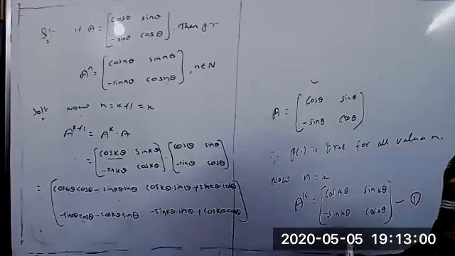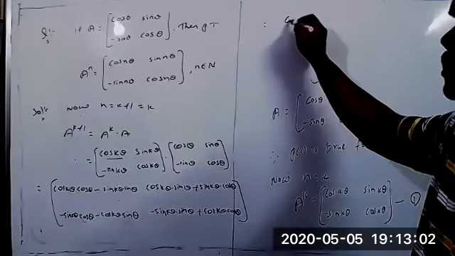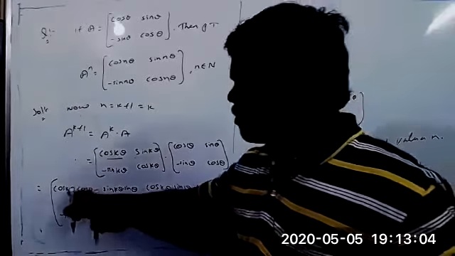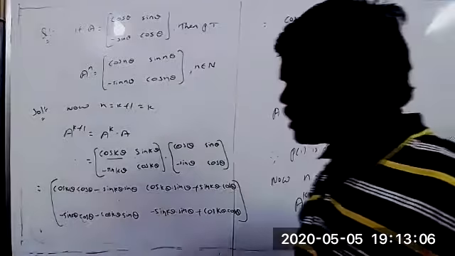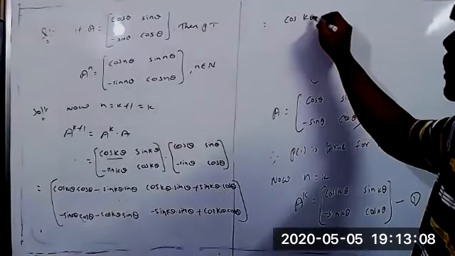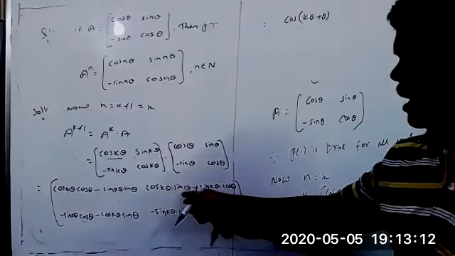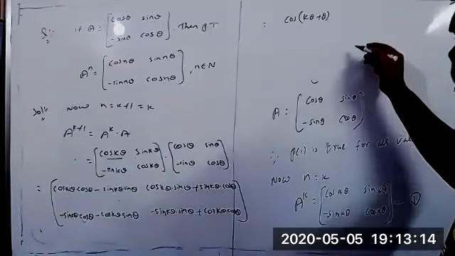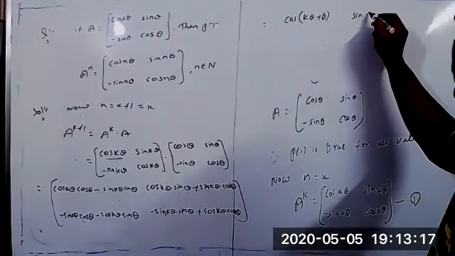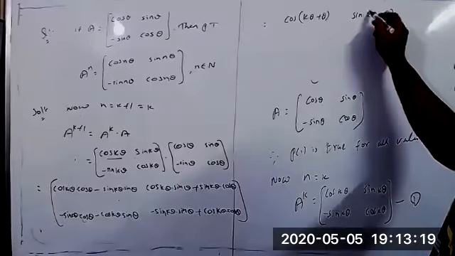Here you can write now. This is the cos, the value of A equal to k theta and the value of B equal to theta now. So you can write k theta plus theta, first one. And second one, sin A cos B plus cos A sin B equal to sin A plus B. This one you can write now, sin k theta plus theta.